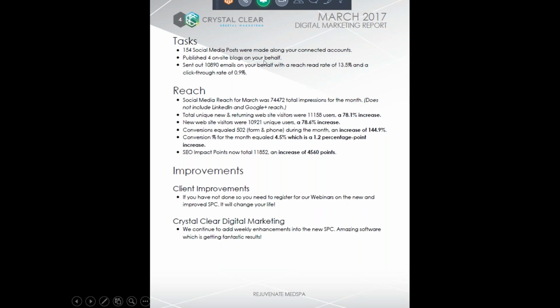4 blogs were posted, created and executed on their behalf. Sent out about 11,000 emails, and then we boiled down the reach. So in a very short amount of time, social media reach went from about 1,800, 1,900 to 74,000 total impressions. It's only Facebook. And then from there, they had new website visitors of about 11,000, representing a 78.6% increase in